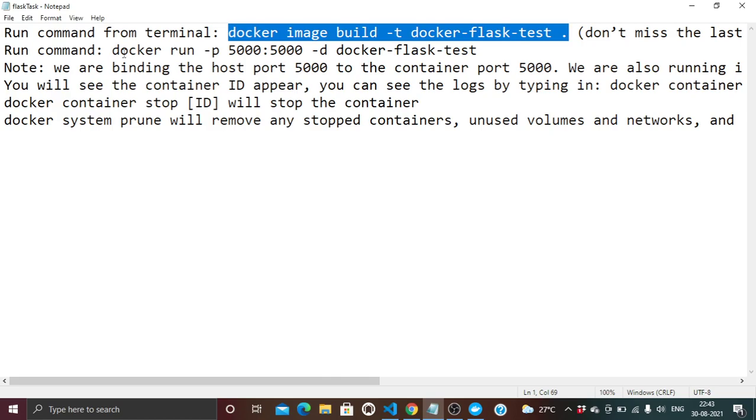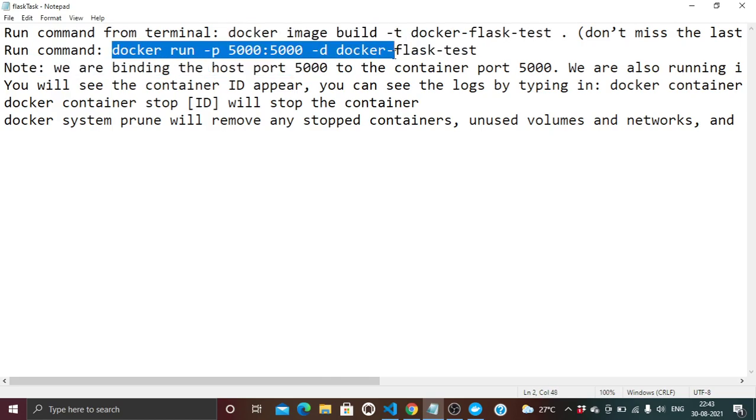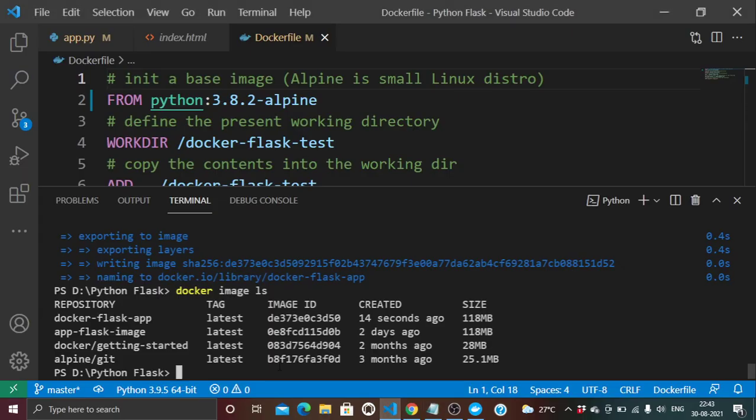After that we are going to run our image. Docker run with the -p flag, 5005. This is the localhost port, and the port at which the container will run in Docker Desktop.